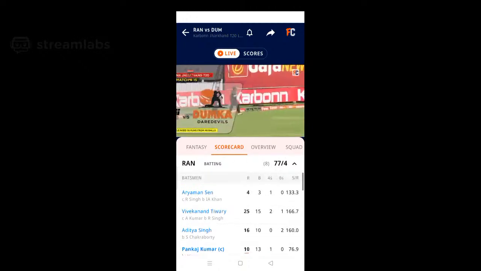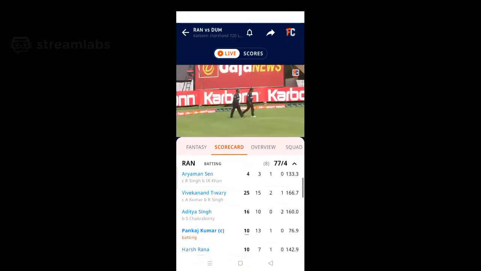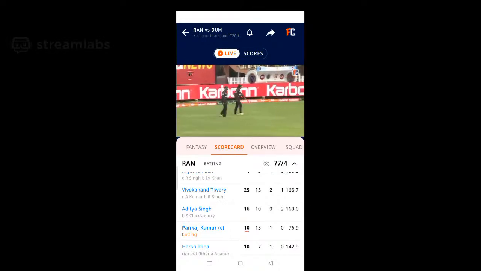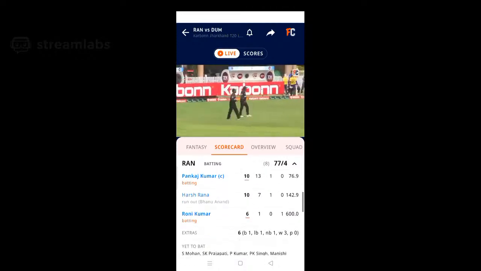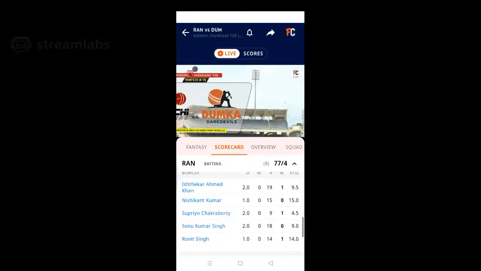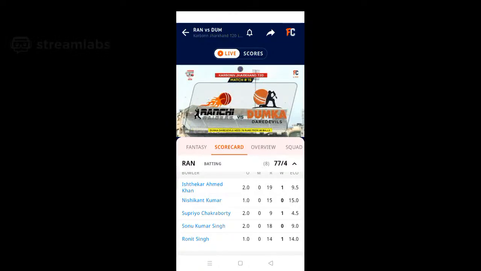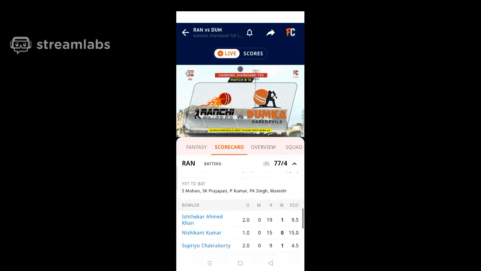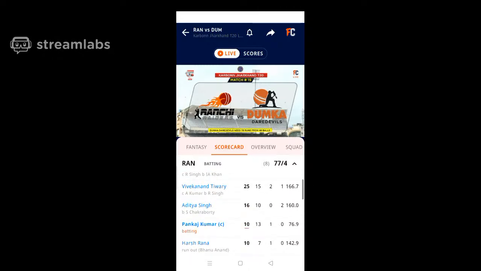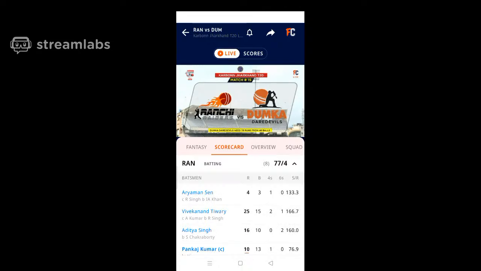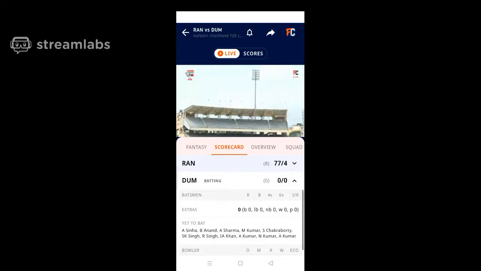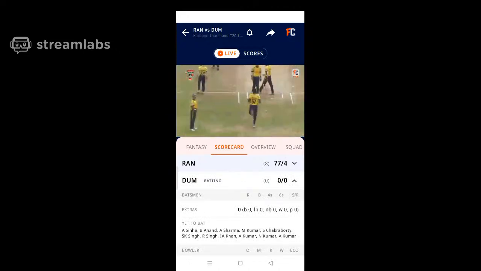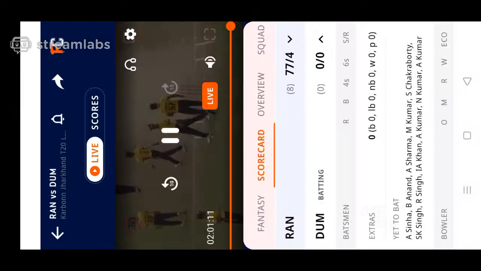Back to the second innings of the match between Ranchi and Dumka. It's a 8-over inning per side because of the rain. So for the viewers joining in, it was a match between Ranchi and Dumka. This is the second innings, and Dumka Daredevils now need 78 runs from 48 balls to get to the target chase and win this match. And this is the 15th match of the Carbon Jharkhand T20, powered by Dream11, live from the JSCA International Stadium.